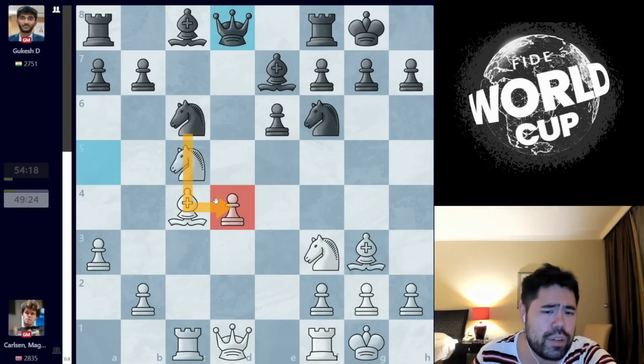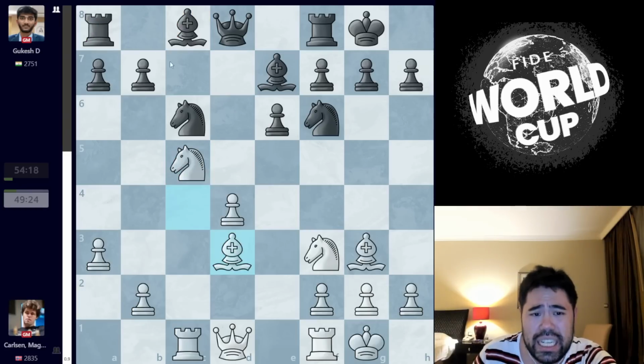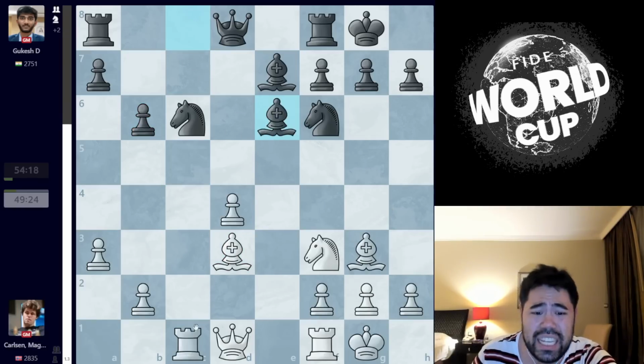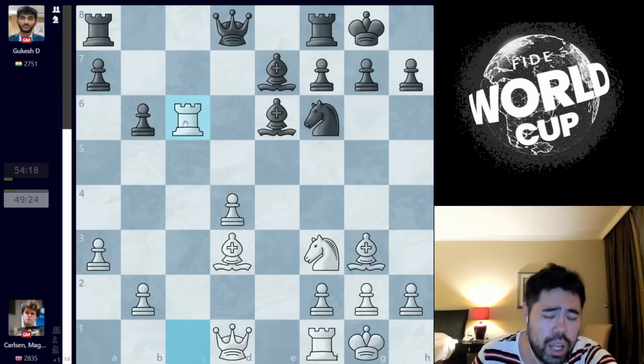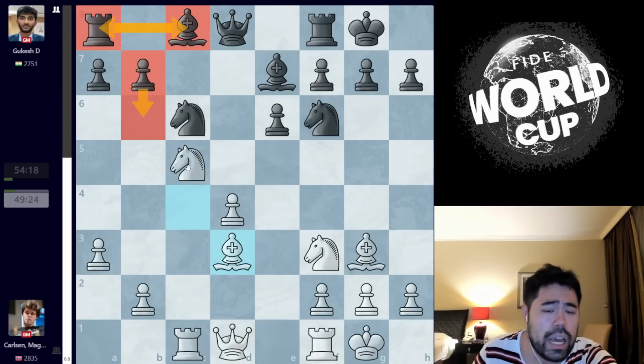So Magnus sees this threat of knight takes d4 and moves the bishop, but the reason this move is so good here is that if White goes bishop d3, black is struggling to develop these pieces on the queen side. If you move the bishop, you hang the pawn. If you push the pawn, I can maybe even take here on e6, take on c6, and White has an extra pawn. So you can't really easily develop the bishop and the rook here since you can't push the pawn, and White has a substantial spatial advantage as well.